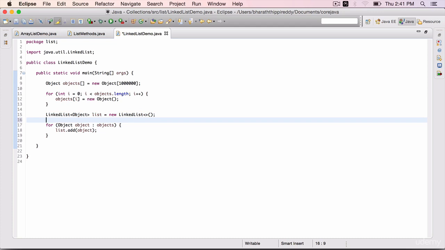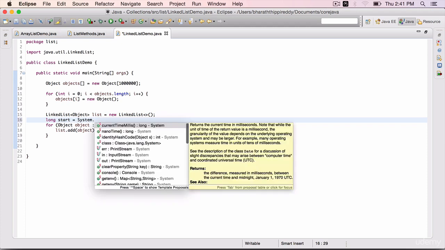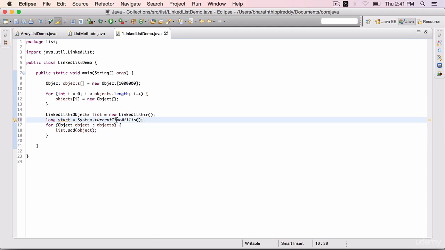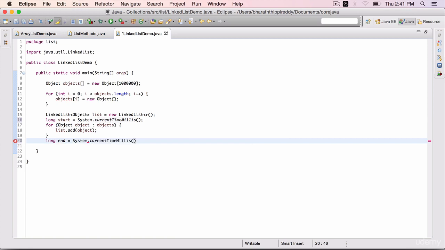Now to calculate the time, long start is equal to System dot currentTimeMillis. It will give the current time in milliseconds when the code reaches this point, when the execution reaches this line. After the for loop, long end is equal to System dot currentTimeMillis.